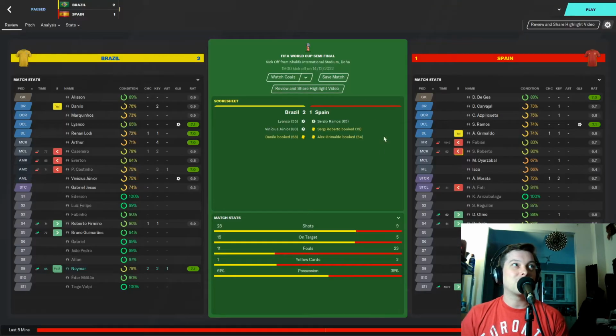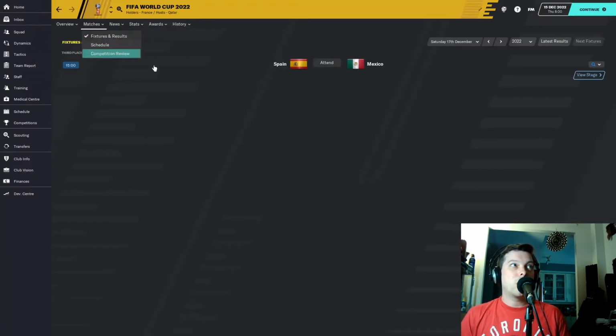And then in the other semifinal, Brazil versus Spain, 2-1 victory for the Brazilians. Lianco with a goal in this one, and Vinicius Jr. and Neymar in off the bench, getting man of the match in this one, and the victory for the Brazilians. It went 1-1 with a goal from Sergio Ramos on 65 minutes after Lianco scored on 35 minutes, and Vinicius Jr. making the difference in this one. Big domination of shots here, 28-9 in shots for Brazil as well, 61% possession, and Brazil go through to the World Cup final. And that's where we are today.